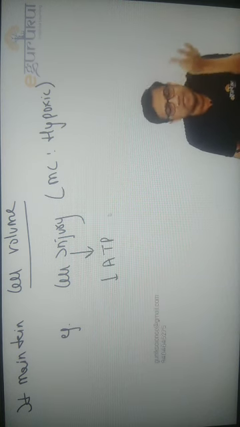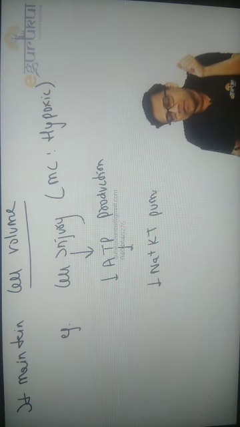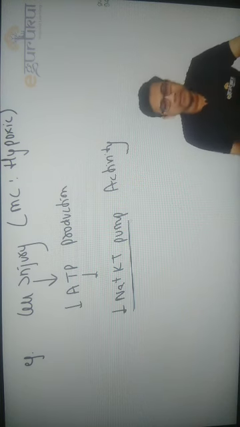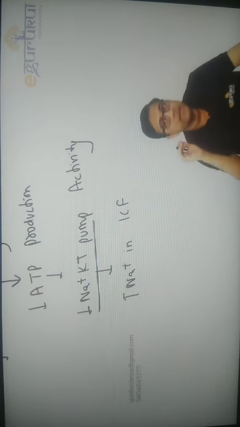If they ask you the most common cause of hypoxia, there is stagnant hypoxia, ischemic hypoxia. Now in cell injury, there are multiple effects, but the most common effect is decreased ATP production because of lack of aerobic metabolism. So that causes decreased sodium potassium pump activity. As sodium potassium pump activity reduces, there would be sodium accumulation because sodium cannot go out of the ICF compared to the previous value. So sodium accumulates in the cell.